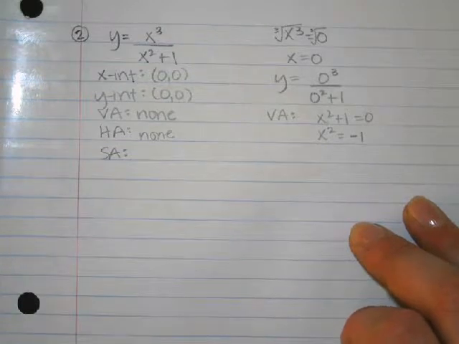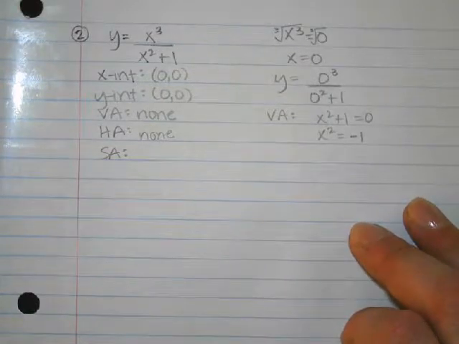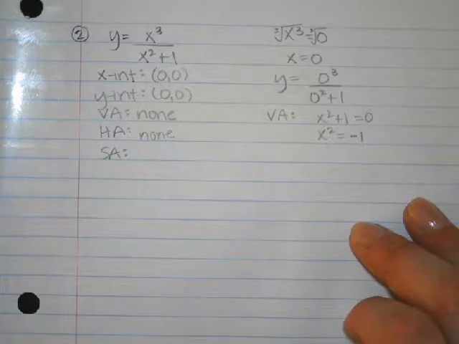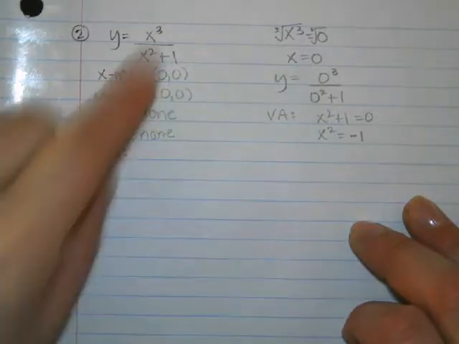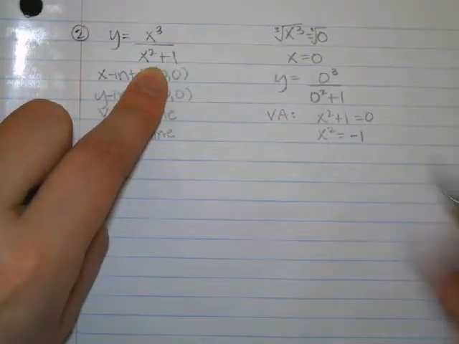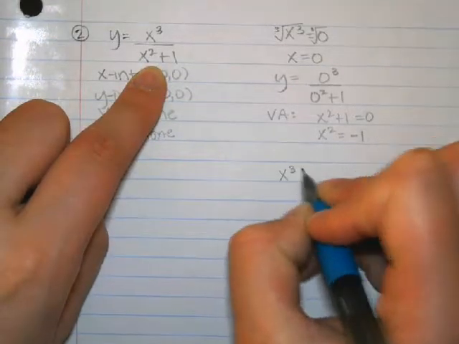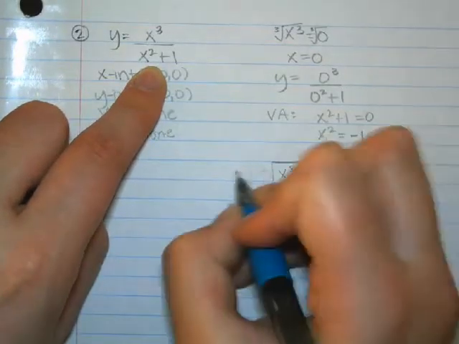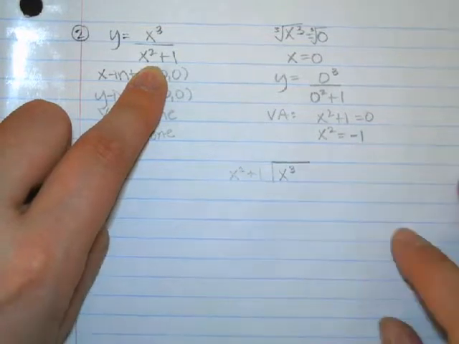That means we have to do polynomial long division to find the slant asymptote, which is why I'm doing this example with you. Okay? So we have to do x to the third divided by x squared plus 1. So I'm going to do x to the third divided by x squared plus 1. And when you're doing